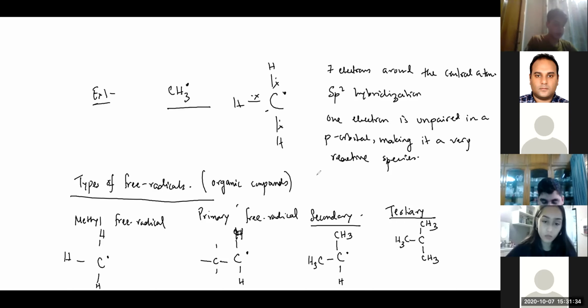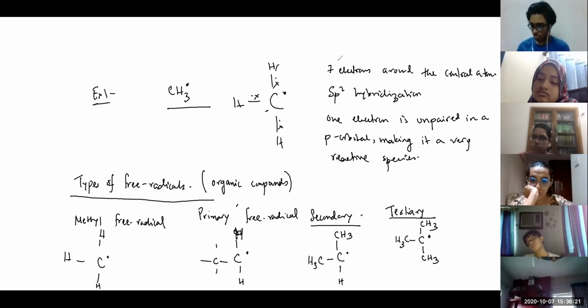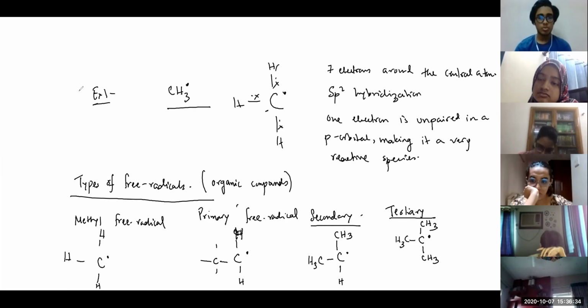Secondary, it's not just for free radicals. There are electrophiles and nucleophiles too, but everything primary means you have 2 hydrogens, 1 R group. Secondary means you have 1 hydrogen, 2 R groups, and tertiary means you have 3 R groups. So tertiary alcohol is actually this. This is secondary alcohol. If you just put an OH, it's going to be an alcohol. Next, we have studied primary, secondary, tertiary. In this, this diagram